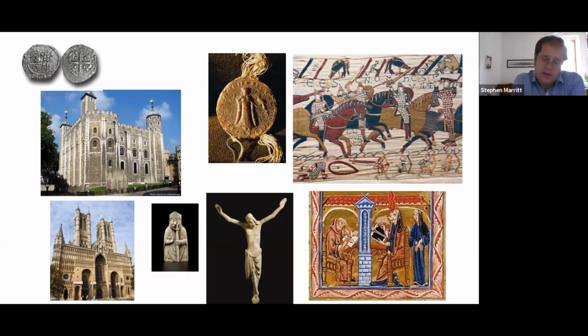On the top left, you've got coins. There is masses of material on the web on coins. If you've done David I, you know that these are the first silver coins minted in Scotland. So it's a way to show the growth of royal power, and so on and so on. So artifacts and architecture and illustration, and you always put the Bayeux Tapestry up on the right.